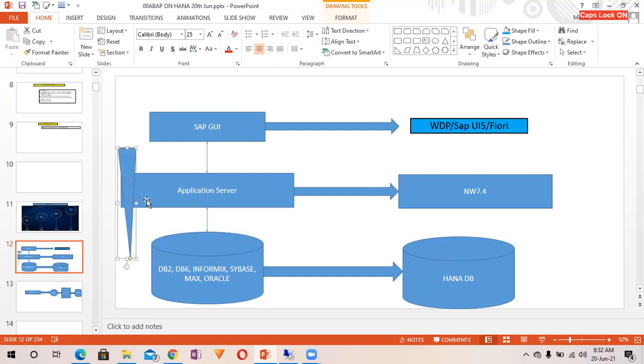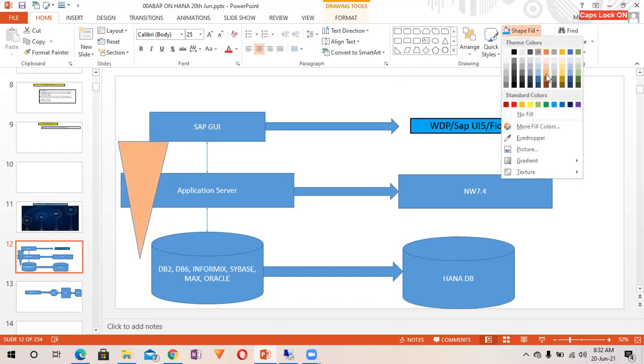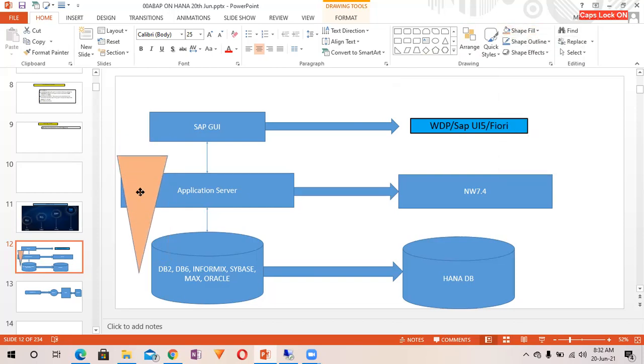Code pull up, right? The narrow part of this triangle is showing that minimum logic you are supposed to perform at the database layer, and maximum logic you can perform at the application server layer. That's the meaning of this particular shape.